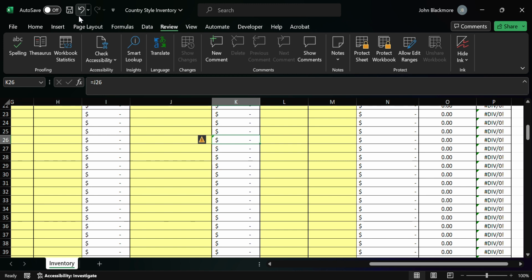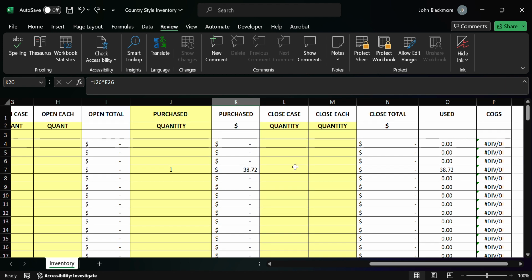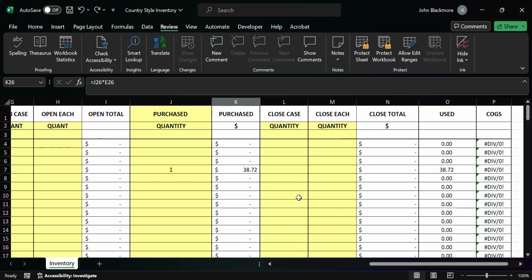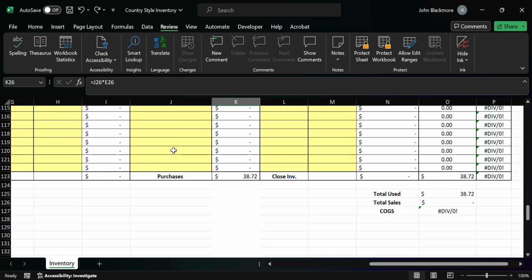I'm going to use this arrow here, which says undo typing. And then if I scroll back to this one, I look and I see that the formula is back in place. So again, as much as you can, try to only fill out the yellows. The only time that that's going to be different is if you're adding products, and we'll go through that in a little bit. So again, at the end of entering all your inventories in, you're going to look down here